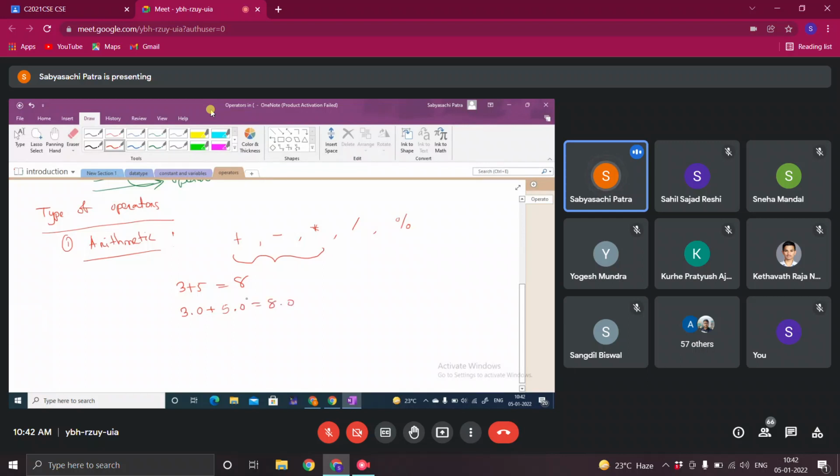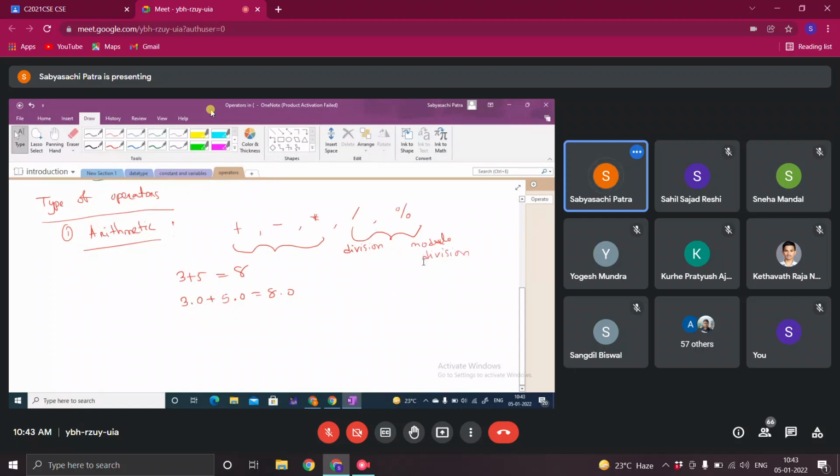And 3.0 plus 5.0 also equal to 8.0. No difference. Same for minus, multiplication, everything. But these two are very special: division and modulo division.